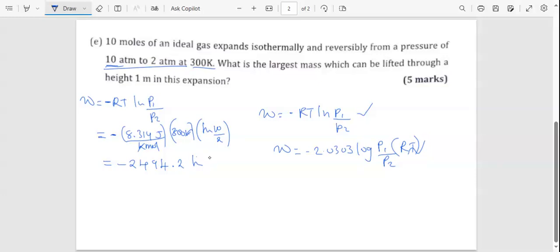Then natural log of what is the pressure now? The pressure is 10, right? Okay. So the pressure is now 10. So you put, we can just say 5, natural log of 5. Then times,